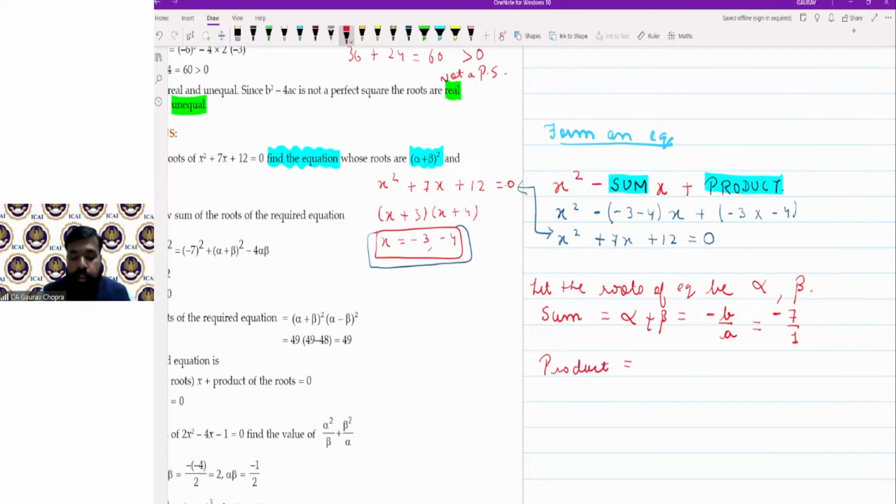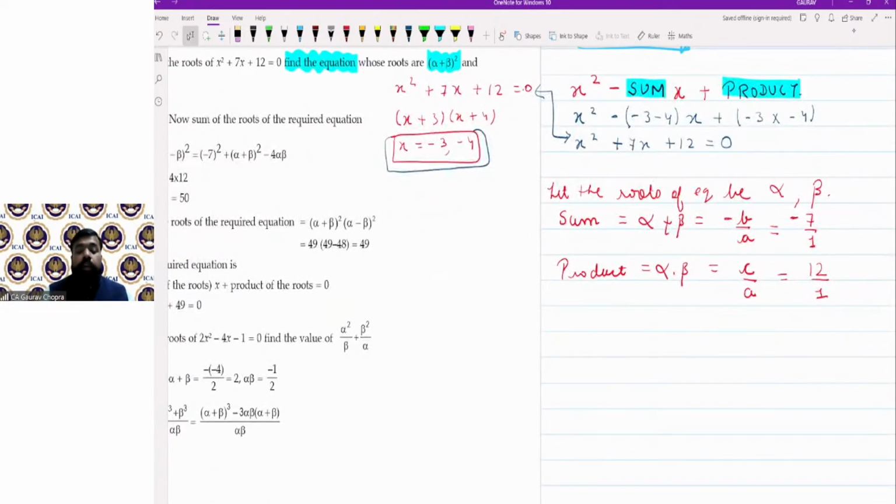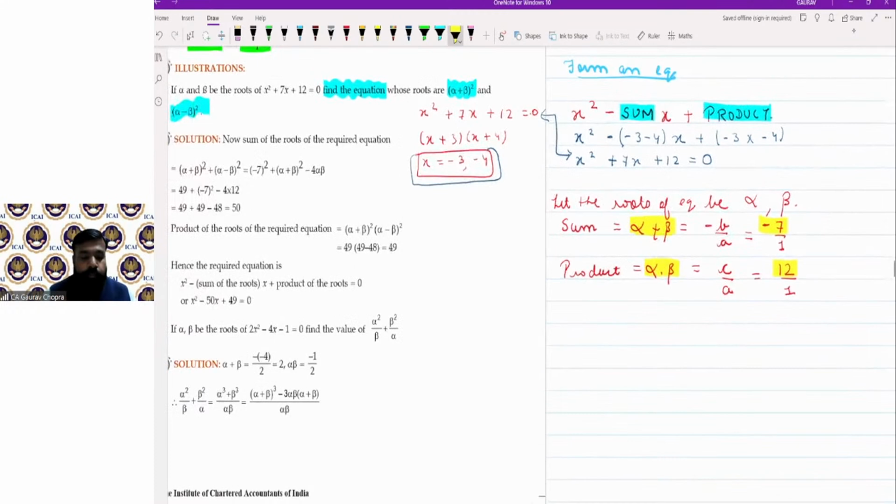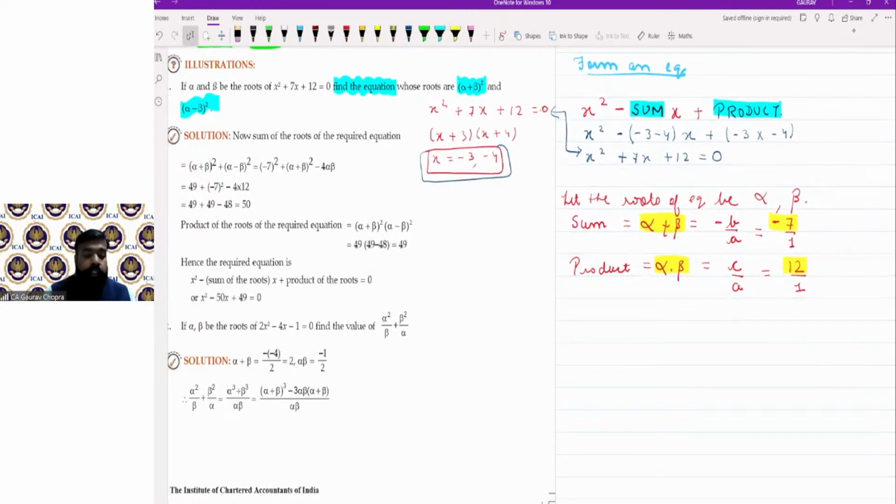Formula for product, that is alpha into beta, will be c upon a. So according to the equation, what is c? C is 12, a is 1. So we are getting 12. So from here we have found out the value of alpha plus beta is -7 and alpha into beta is 12. So these two values are available. Now, what is our requirement? Our requirement is that